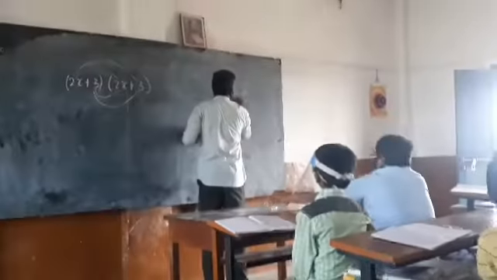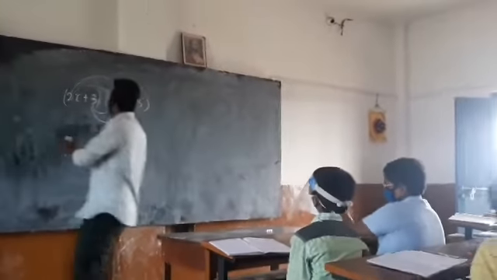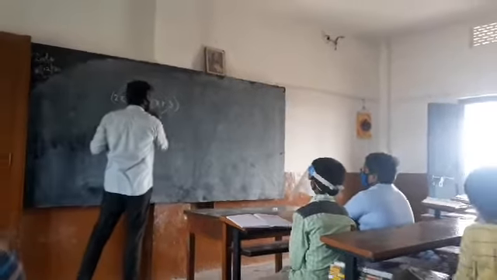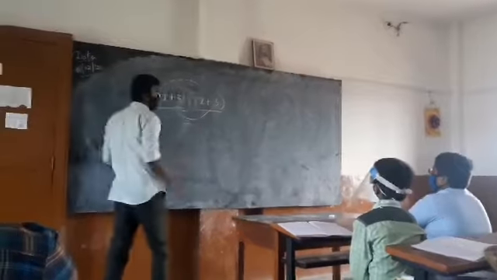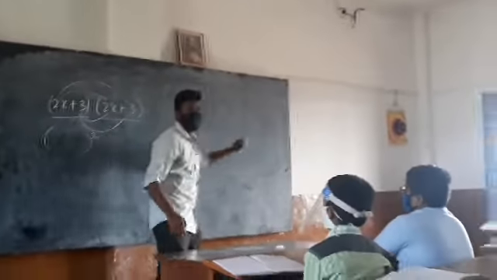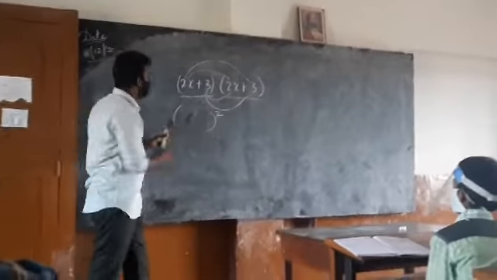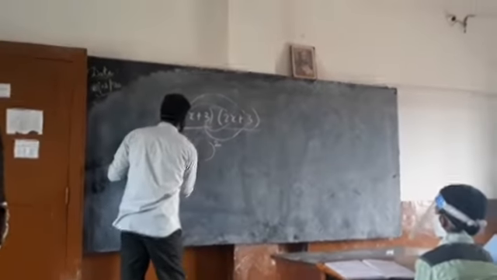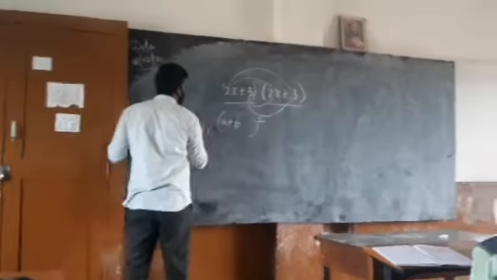Why? Let us see. X into x. X square. Very good. Likewise, the first expression into the same expression gives us that expression's whole square. X into x is x square. The first expression into that same expression gives us that expression's whole square. Just like I already said, a plus b whole square. How is it arrived? A plus b into a plus b.